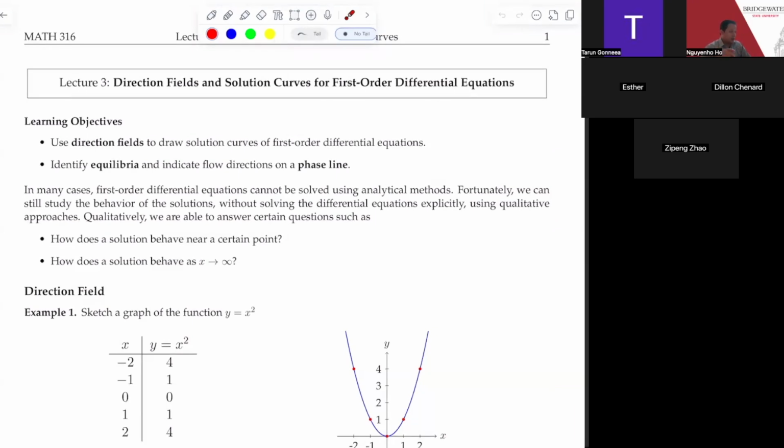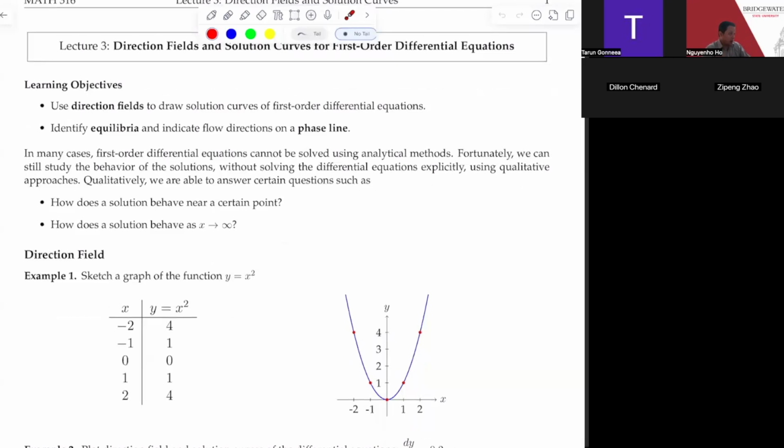When you analyze differential equations qualitatively, you can study the behavior of solutions. You can learn about the directions that the solution is going to move in. And also answer certain questions, right? How does the solution behave near a certain point? And how does the solution behave when it goes to infinity, or when you take the limit of the solutions to infinity? So we talk about direction fields, solution curves, and then later on equilibrium points and phase